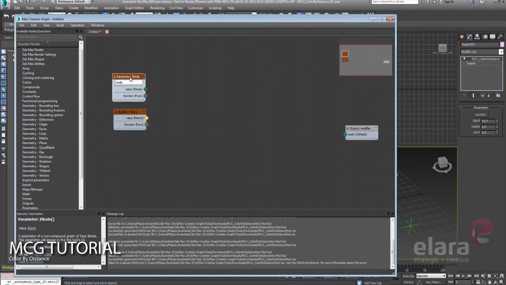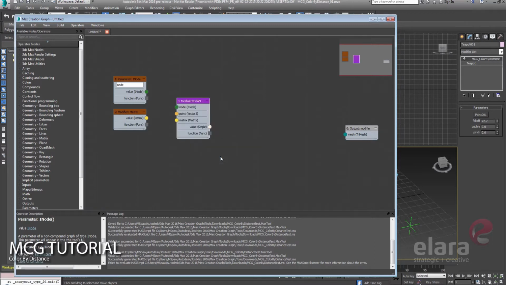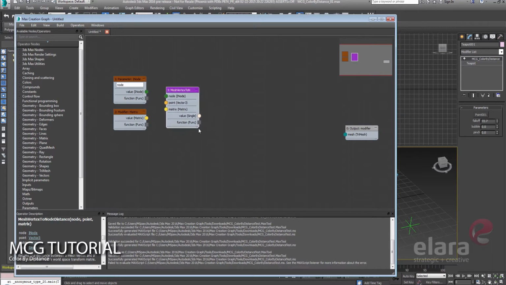So to calculate the distance of where this guy is to our object, and from the vertices to that object, let's grab another kind of pre-rolled compound that says mesh vertex to distance. I can pull that out so we can see that guy a little bit. And we can hook these guys up here. So this is really kind of doing our heavy lifting here.